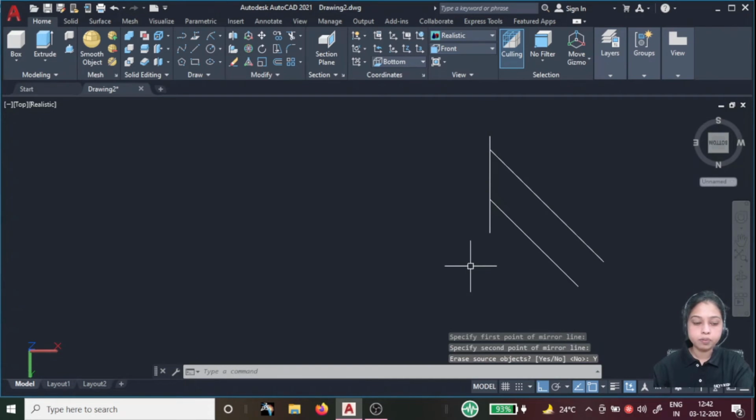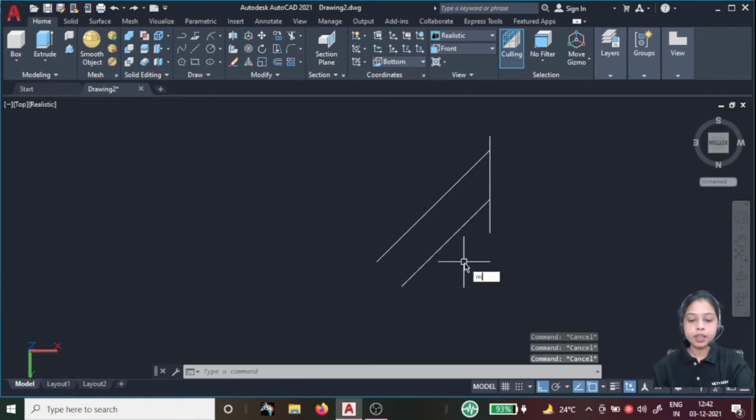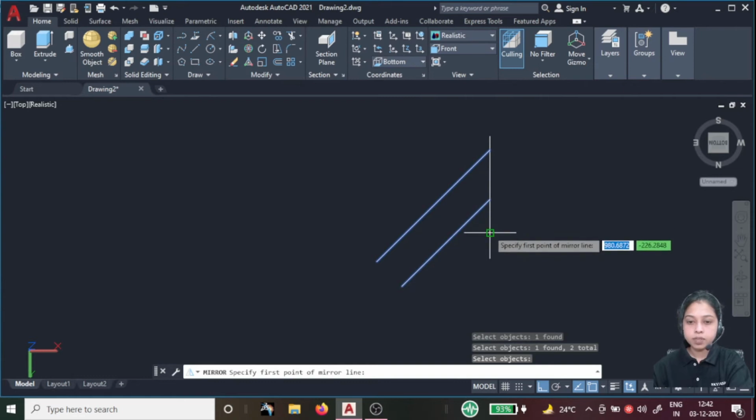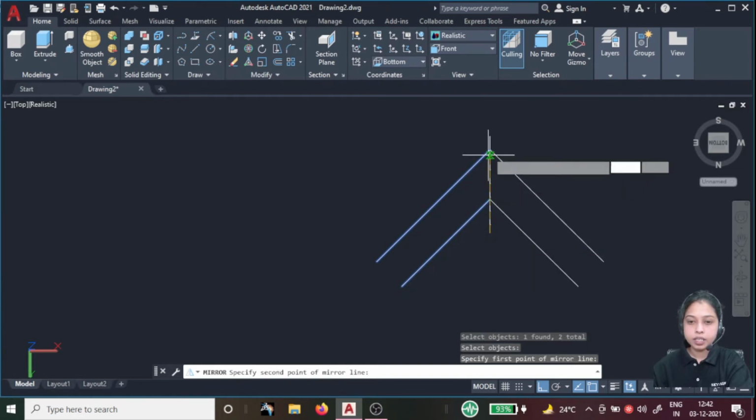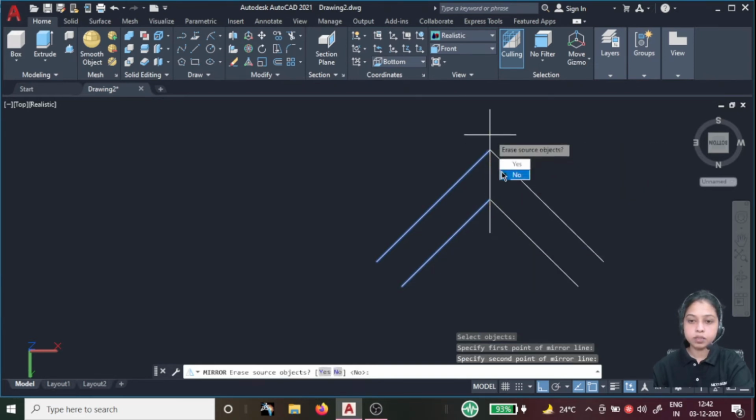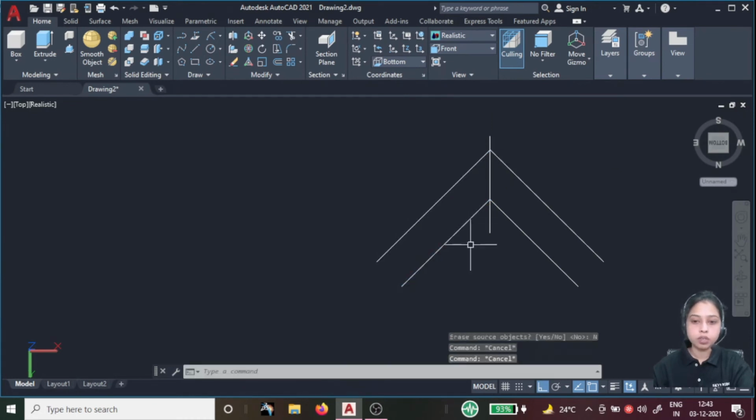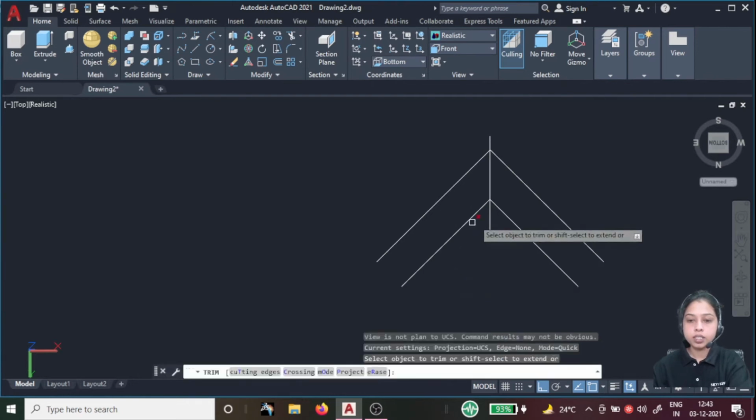Sorry, Control Z. MI, enter, select two objects to mirror, enter, specify this end point up to this end point. Erase the source object? No. Now trim the unwanted entities.